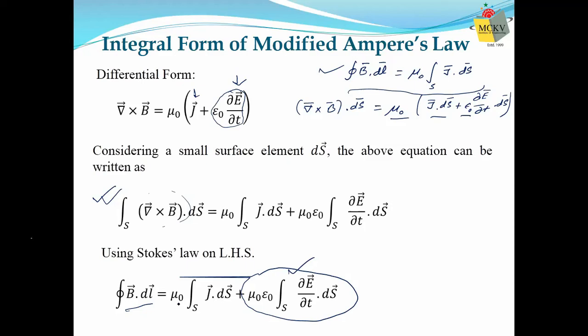Actually, if you can initiate a change in electric field, suppose your electric field is changed, now that rate of change of electric field can produce magnetic field. Now, whatever magnetic field is produced, that magnetic field again fluctuates, and that change in magnetic field produces electric field, and the process continues. And this is the very process by which an electromagnetic wave propagates, which we will discuss in electromagnetic theory.